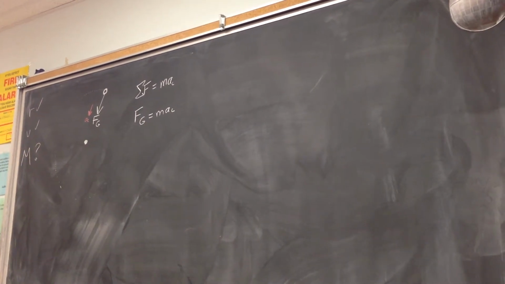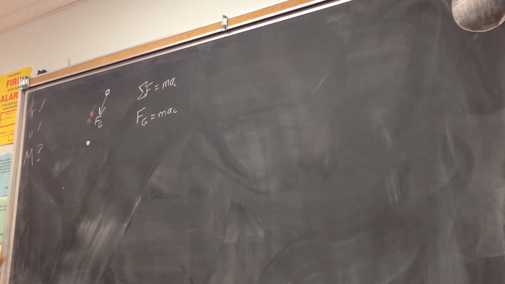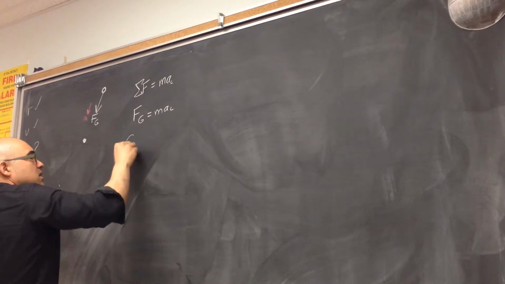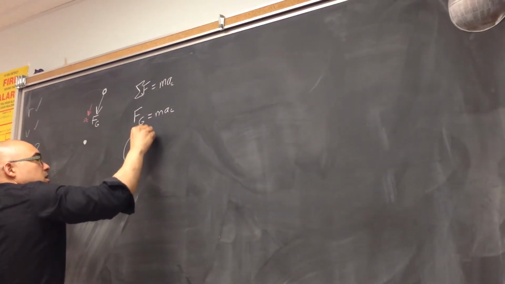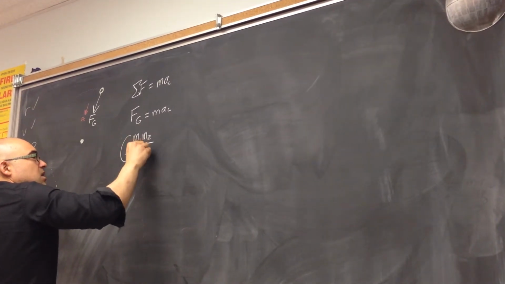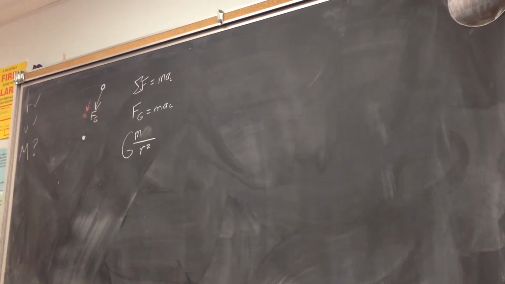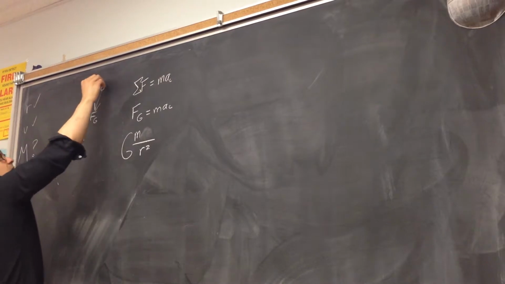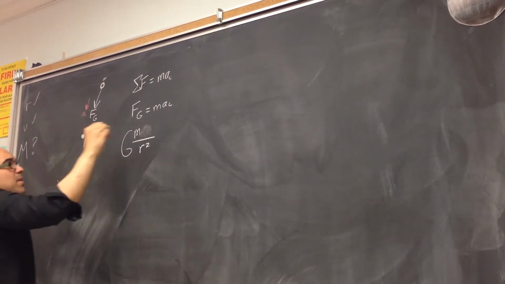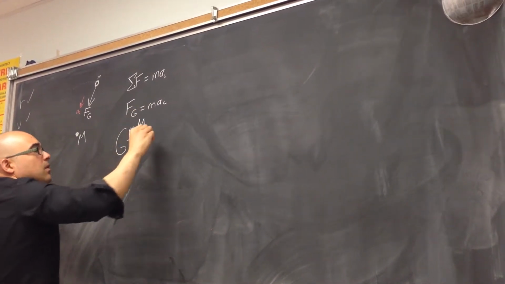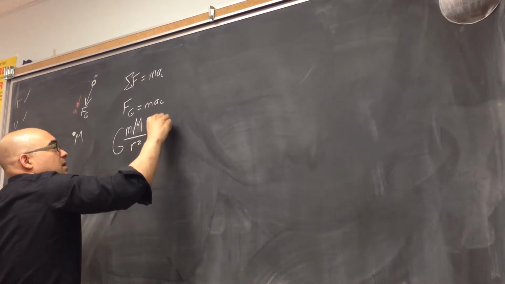And we'll use universal gravitation to calculate that force, where M1, we'll just call M the mass of the object, and we'll call big M the mass of the black hole, equals